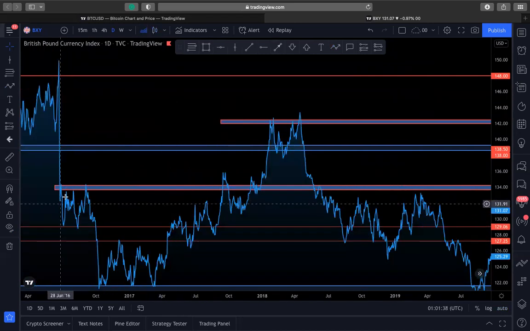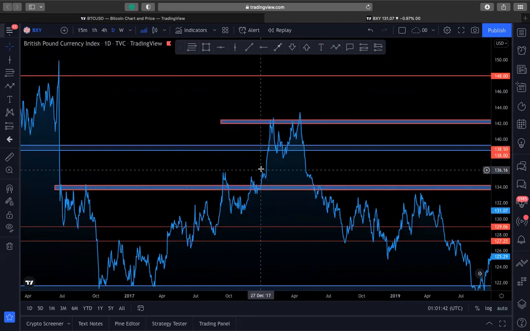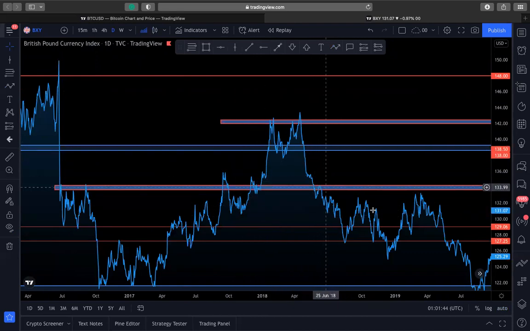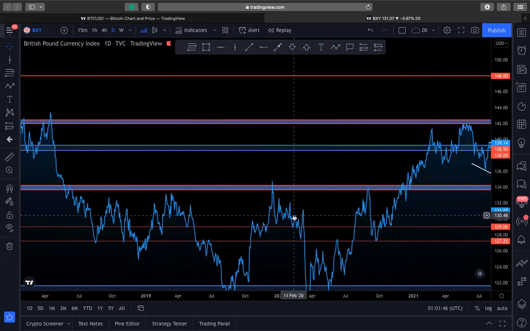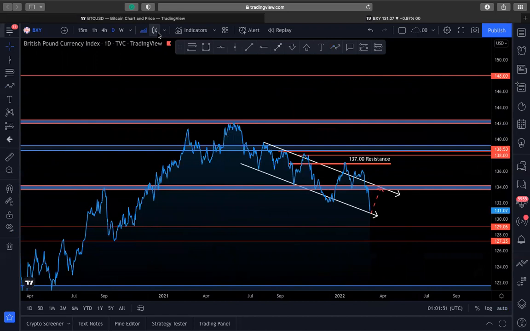If we break to our line chart, we see test resistance, kind of broke above, used to be support, broke below, resistance, right? So this area has acted as resistance in the past, and may potentially act as another area of resistance